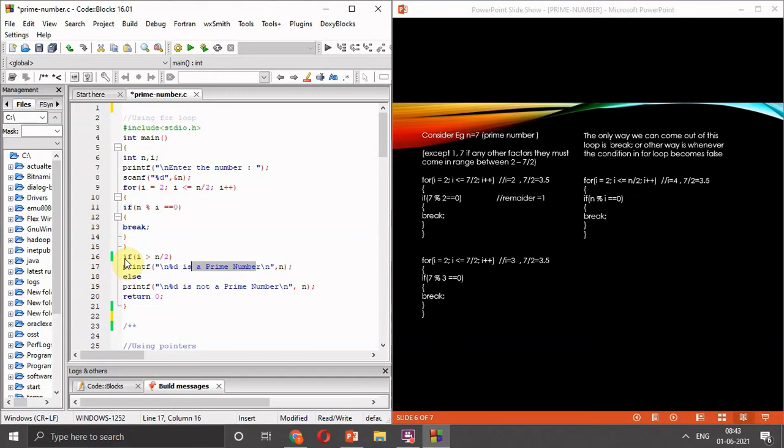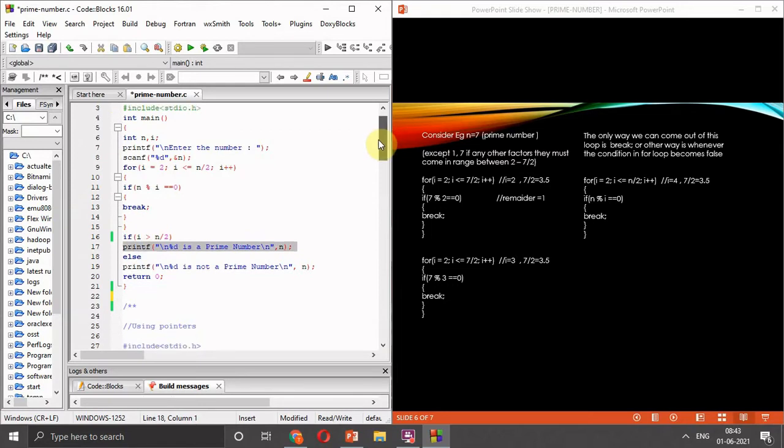Now we will check the condition if i is greater than n by 2. What is i's value now? i's value is 4. 4 is greater than n by 2. Yes, it is greater than n by 2. So we will print what? printf %d is a prime number, and we can check that our answer is correct because we already know that 7 is a prime number.